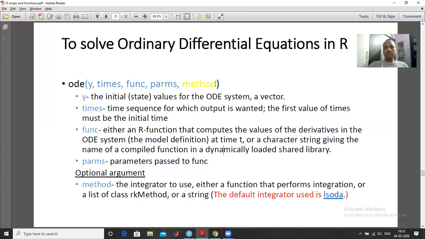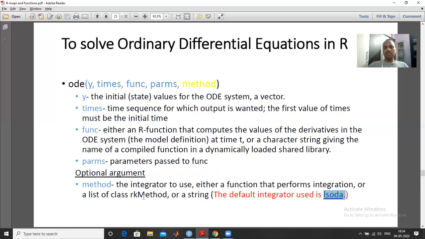And the fifth one is the method, and this is optional. It means which method you want to use to simulate, or to solve, the ordinary differential equation. By default it is lsoda. This is the default integrator, and if you do not write any method here, then it will use this method to find the solution. So this is optional.